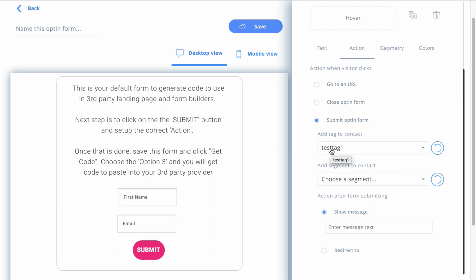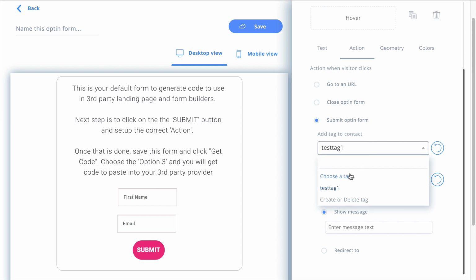You can use tags to email people, to later on create segments, to do automations, everything like that. So you want to be tagging them. In this case, you tag them, for example, ClickFunnels opt-in such and such funnel name or something like that, or if you want to put them directly in a segment, you can do that as well. If you don't have the tag created yet, you click on create or delete a tag, and by clicking that, it's going to open the tags in a new window. You'll create it, and then you'll come back here and just simply hit refresh, and it'll be available in the drop-down menu.